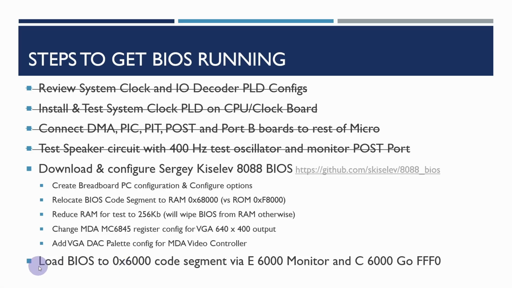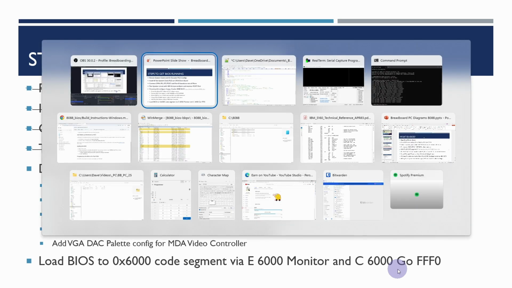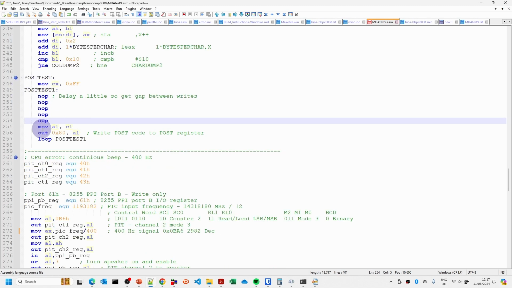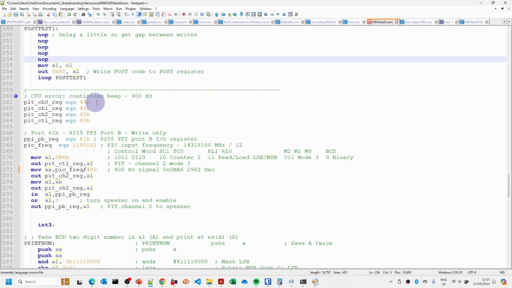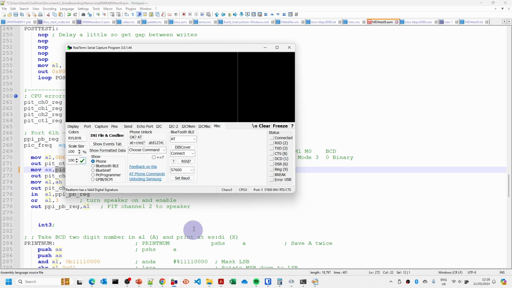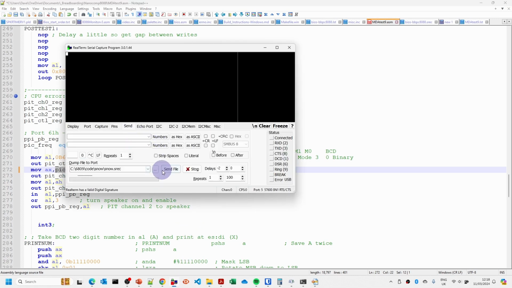So in the previous video, I showed loading the BIOS and getting it running, and we were monitoring the power on self-test port, and we found that it got to about postcode 4 before it stopped. Now what I was trying to do is to verify that the beep codes were working. In order to do that, I've updated the test program I was working on, and in addition to the power on self-test, I've now got the CPU error continuous beep at 400 Hz code copied in here. So we'd expect to hear a 400 Hz tone, similar to what we heard when we tested the speaker with the signal generator. So if we just download this to the Nanocomp,